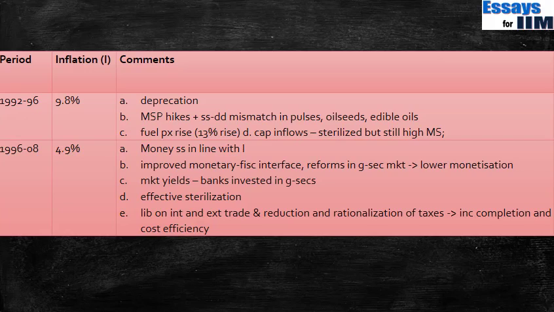So I won't get into many of the technical points, but the RBI was also given autonomy, and because of which the sterilization was happening effectively. So basically, overall, you just need to understand that during this period there was a lot of policy transparency and policy efficiency, because of which the inflation remained at a relatively moderate level. But also you need to remember that during this time there were no global shocks in terms of oil prices or commodity prices which impacted India too much. So although we can take credit for reforming our policy and all, it was also serendipity that the global parameters were also in our favor, because of which the inflation remained at a moderate level.